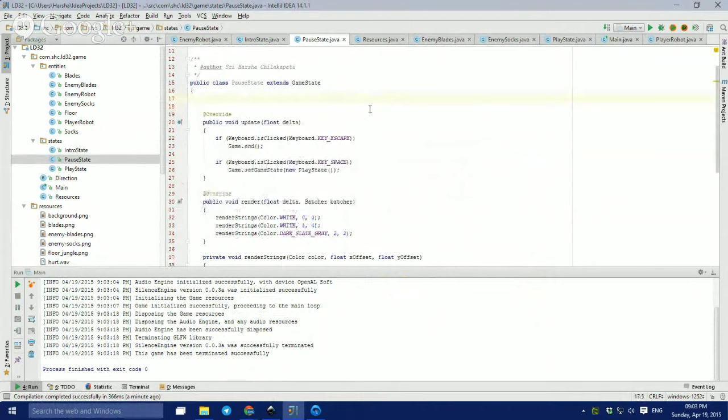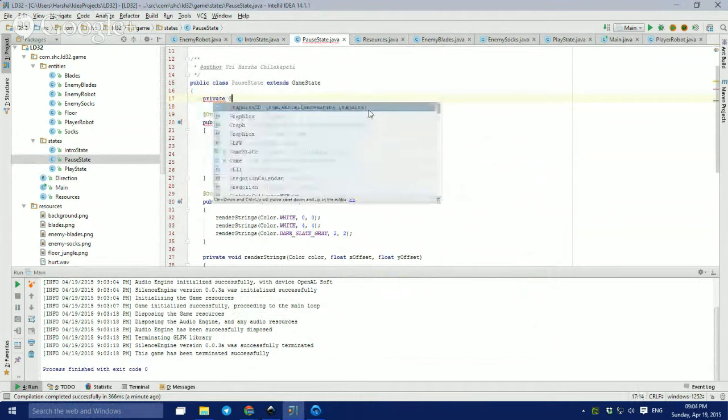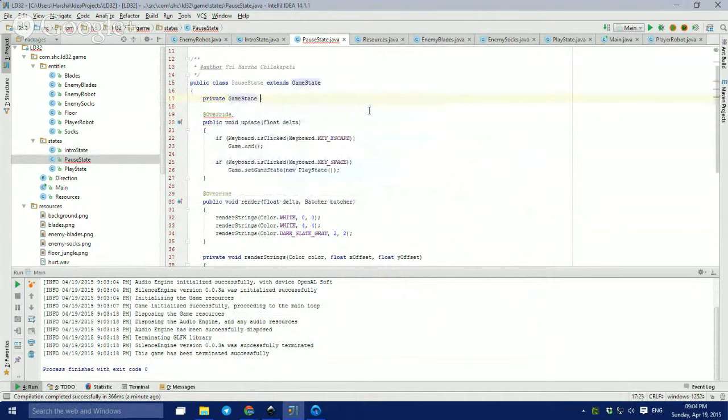And here we get a private game state, that is the play state,